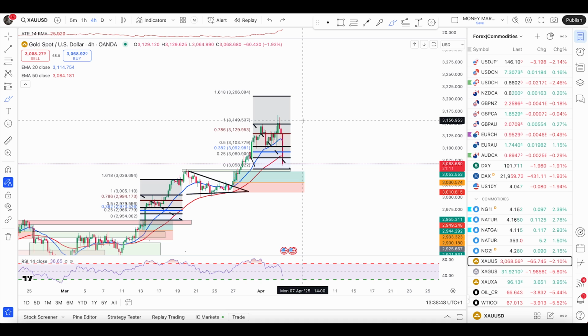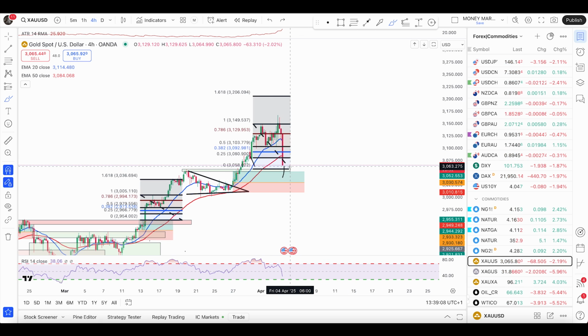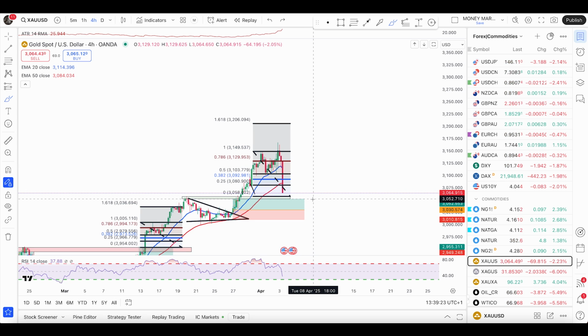So at this point, price just broke below 50 EMA, so I'm not looking for buy trades anymore. If we have some more momentum and price breaks below 3052.71 and closes as well below this number, in that case, the price will likely reverse from here. So let's see how this goes. Keep an eye on this number, which is